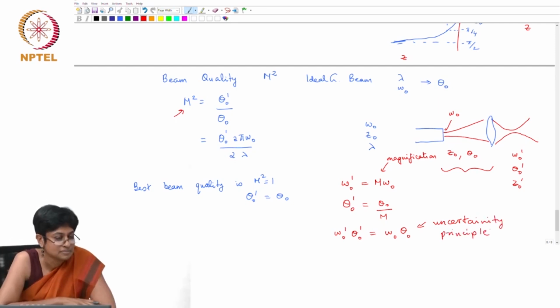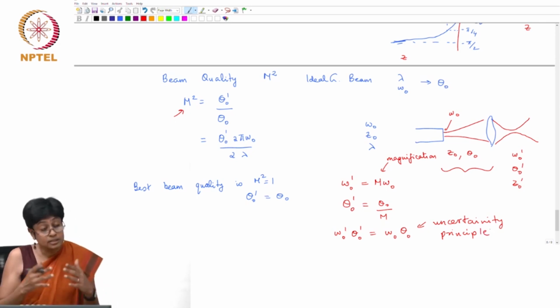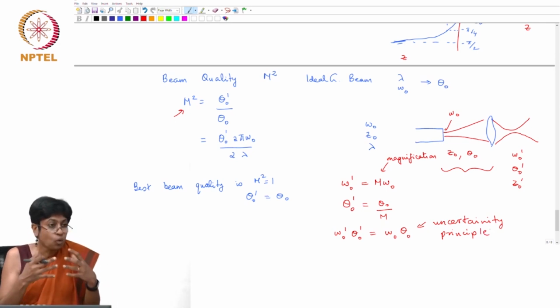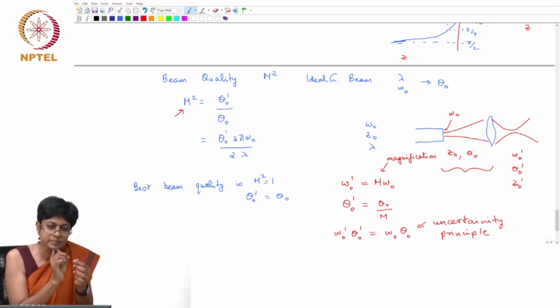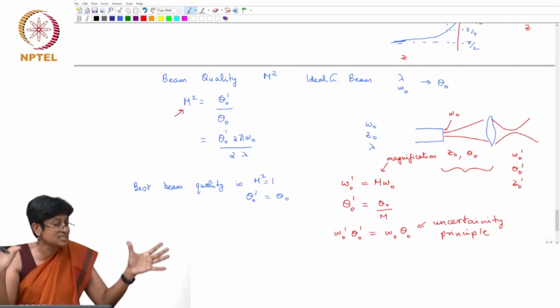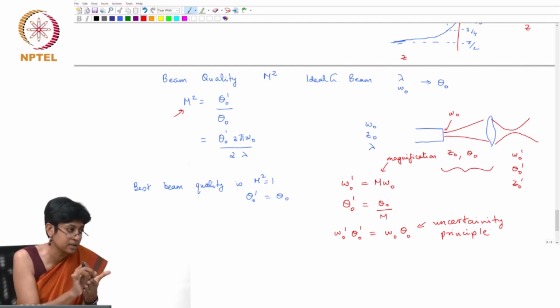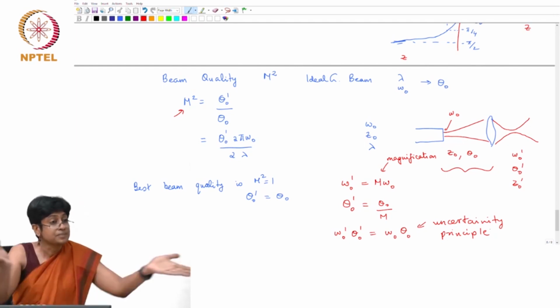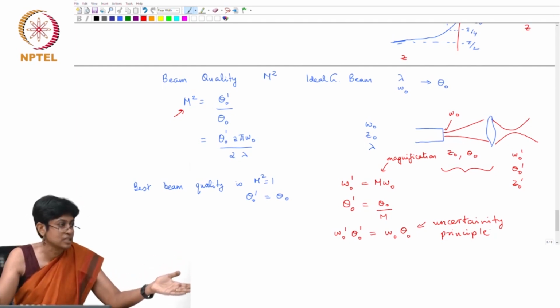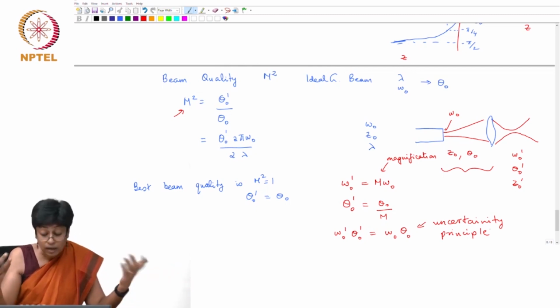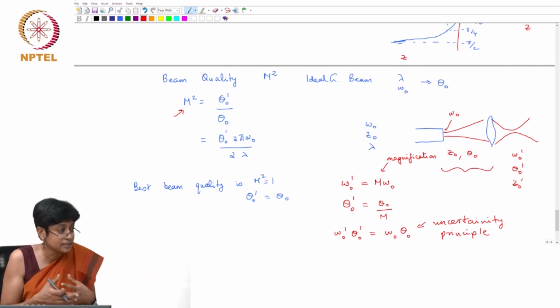Because the more sure I make the spot, that means I make it smaller and smaller, I'm saying the spot isn't spread, there's no uncertainty in the spot. I make the spot smaller and smaller and smaller, I can pinpoint its location more and more accurately. The moment I do that, the beam starts diverging faster and faster. Alternatively, I can decrease the divergence, and that means the spot size is going to get larger.